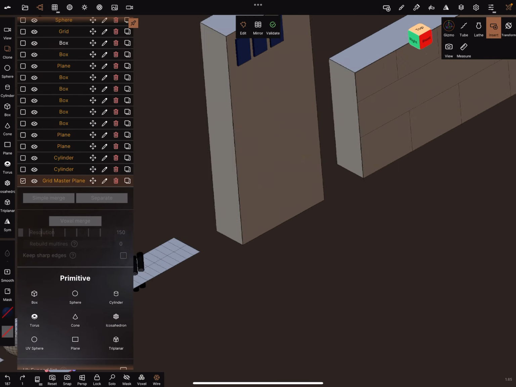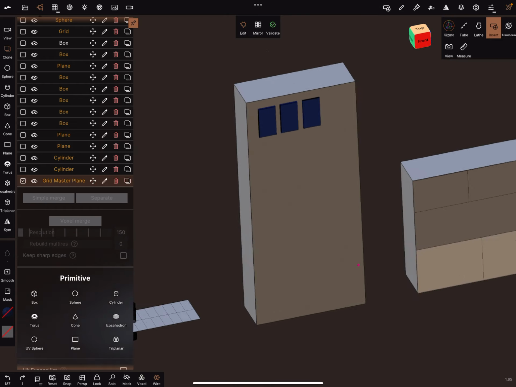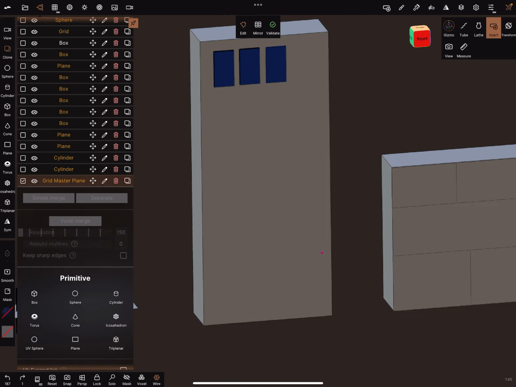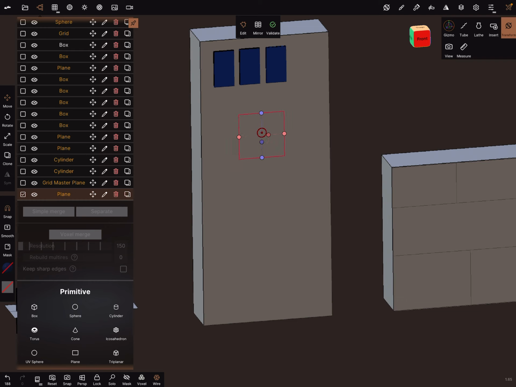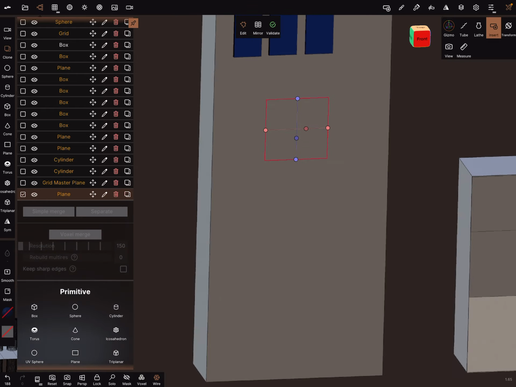Now when we want to place the windows in exact positions, the grid master plane is activated and the clone function in the insert tool is active. Now press on the surface of the tower, of the building, and leave the pencil, it's okay.